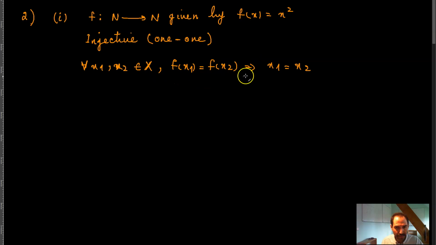I can make this assumption in order to check whether f is injective. I can assume that f of x1 is equal to f of x2 is true. Here we said that f of x is equal to x squared. That means that f of x1 becomes x1 squared, and f of x2 becomes x2 squared. So if x1 squared is equal to x2 squared,